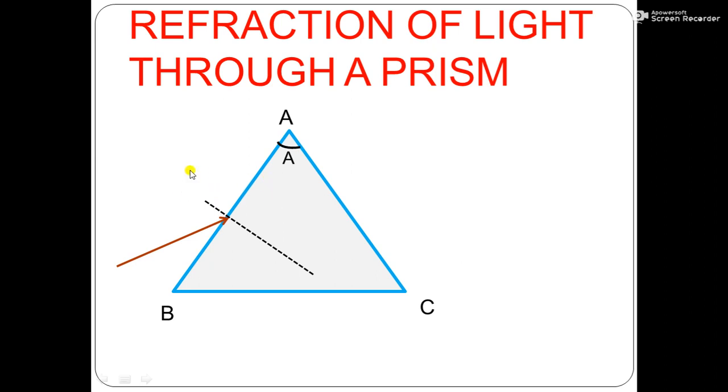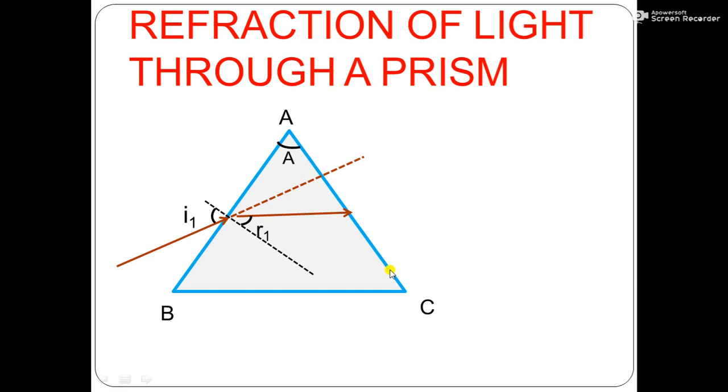here there is a medium change from air to glass. So from the actual path, the light ray will bend towards the normal, and the angle between the normal and the incident ray is called I1, that is the angle of incidence. And the angle between the refracted ray and the normal is called R1, and the refracted ray again